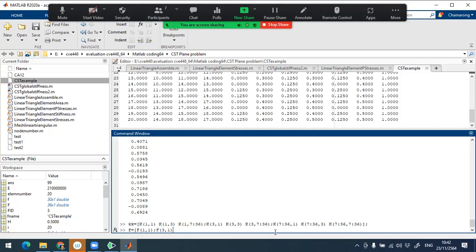And the last one is F7 to 36. It is a force vector, right? And then we find this vector is equal to